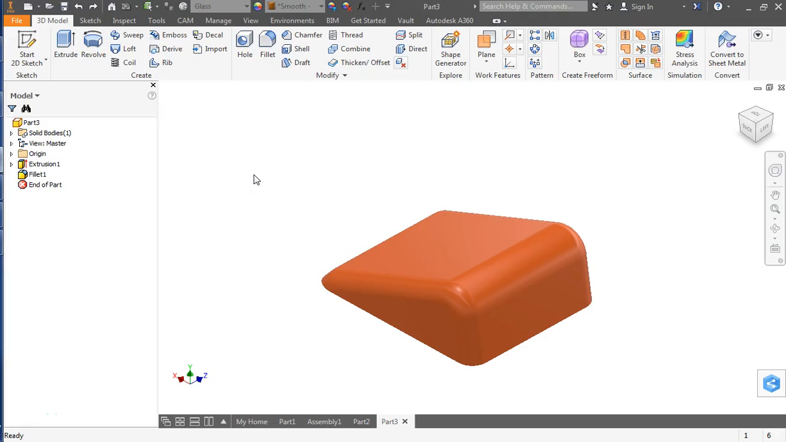Welcome. In this video we're going to look at a few tools real quick. The shell tool and then the thicken and offset. The shell tool is basically a way to scoop out material and leave behind a shell, just a thin layer